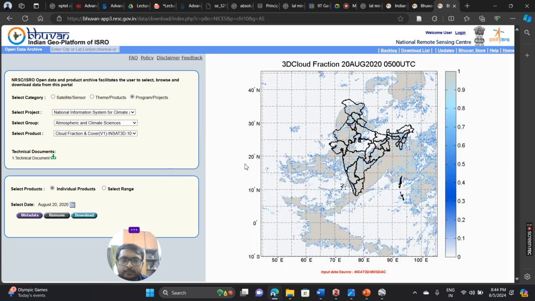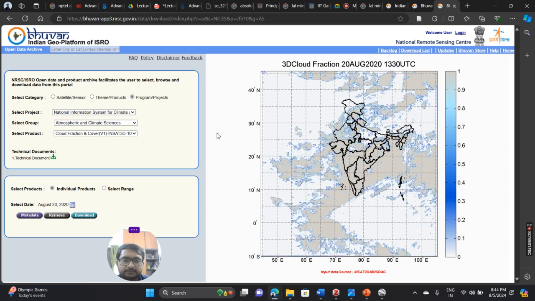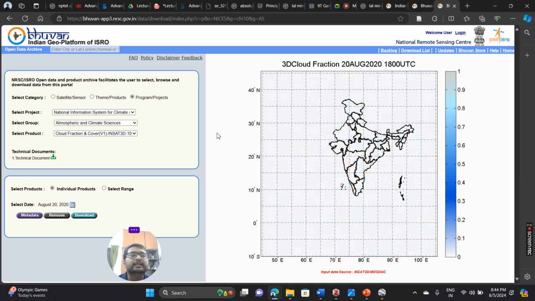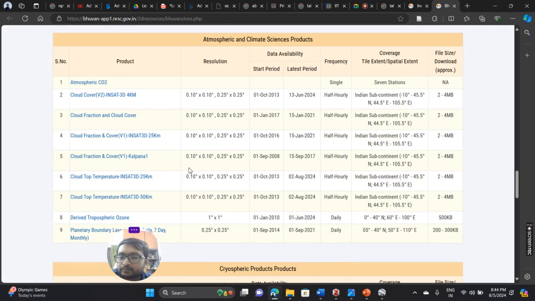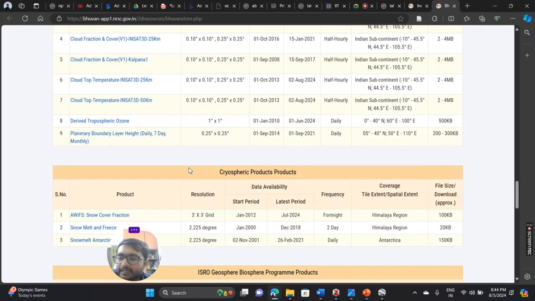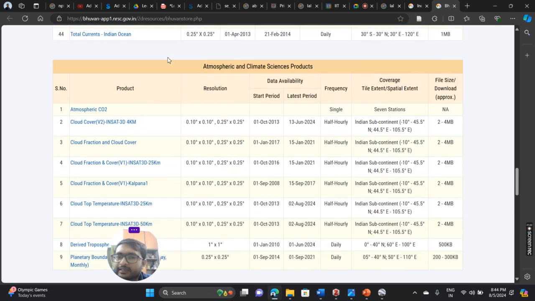So you can see how the pattern of cloud is changing, how it is moving. So that kind of analysis, if you want to interpret something, you can do it from there. Then after, we are having the tropospheric ozone, planetary boundary layers, so all those variables related to the atmospheric and